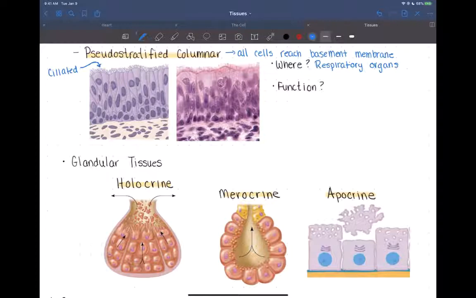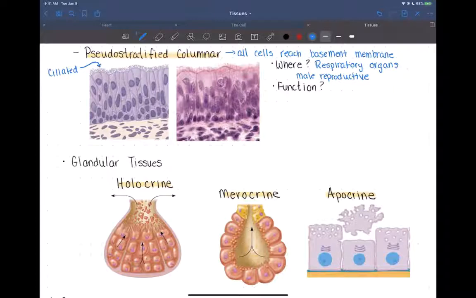And then we do also see this pseudostratified in the male reproductive system. All right, so male reproductive. Okay, and so for its function, it's ciliated, so it's going to help to move the mucus,